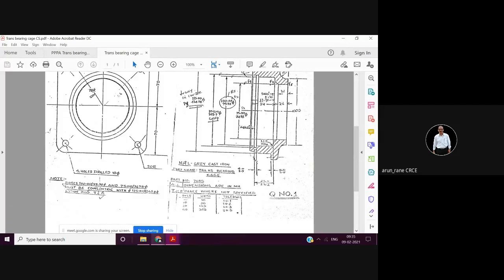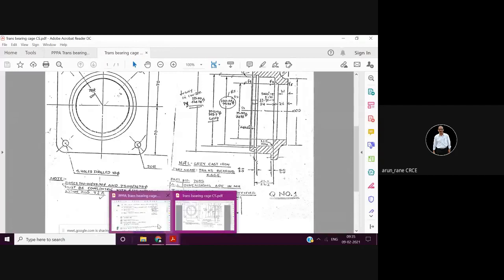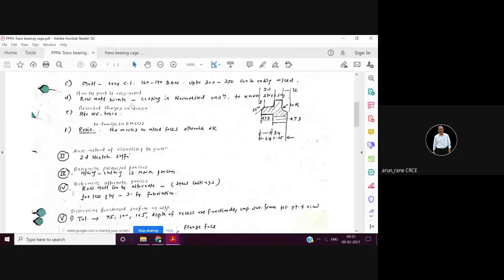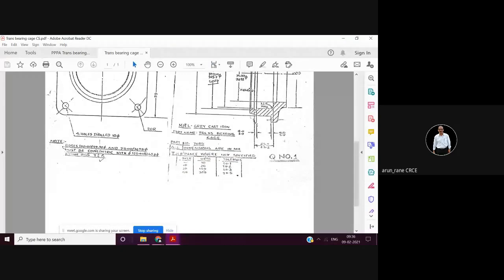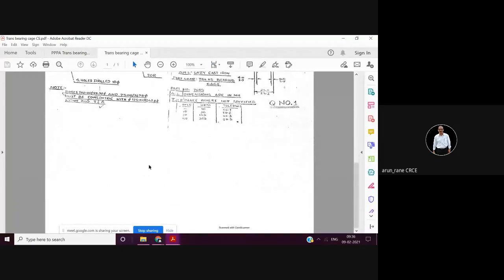Then the next step is you have to look for recorded changes in design. Are there any changes in the design? You see whether any revision is there in the drawing. You have to look carefully. If there are any revisions, they will be mentioned in a tabular form, but here there are no revisions, so the table is not there. Only the tolerance chart is given.